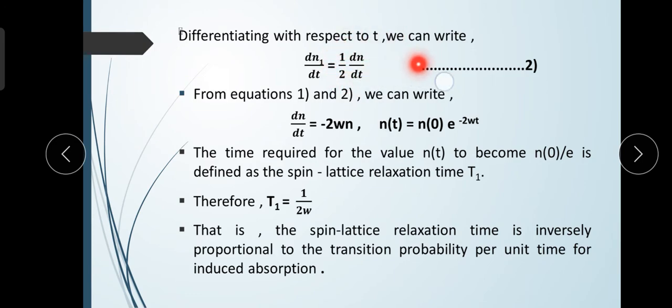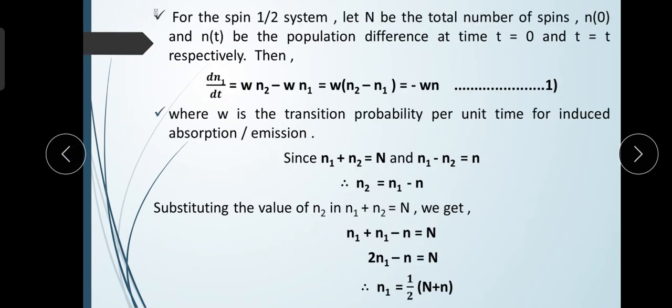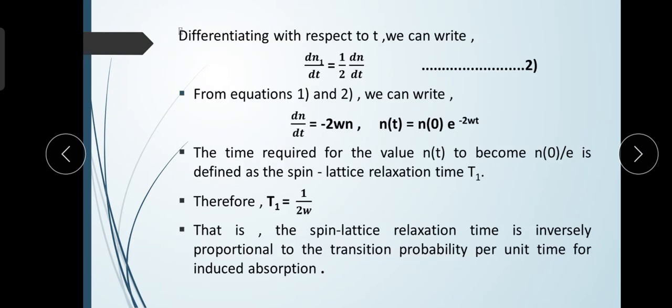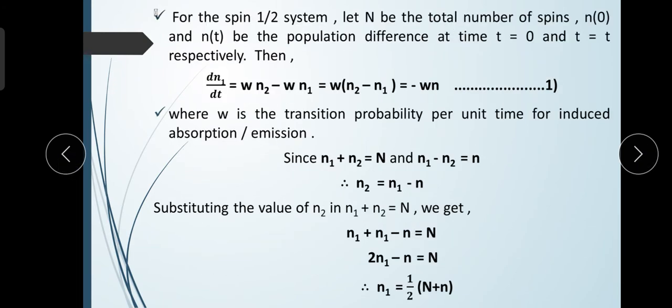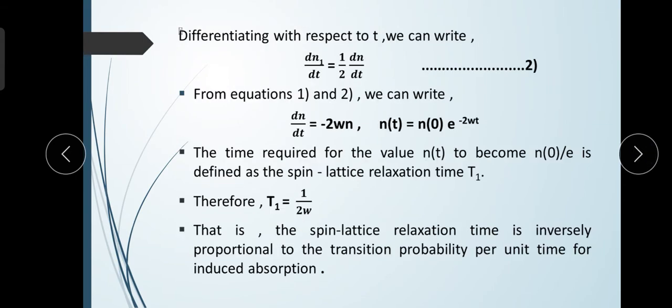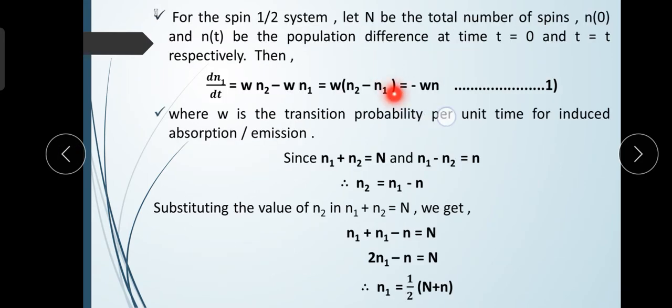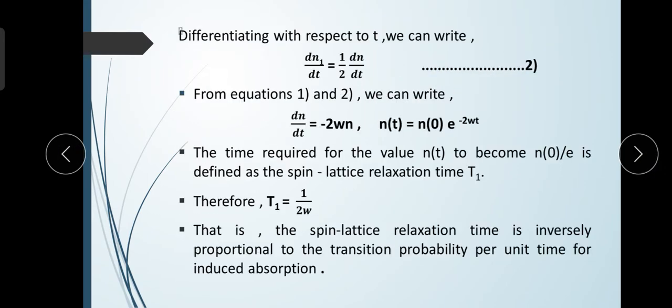So here we get the equation number 2. Now from equation 1 and from equation 2 we have the LHS quantity, that means this quantity in both equations is the same, so we can equate the RHS of these two equations. So from equation 1 and 2 we can write dn by dt is equal to minus 2wn, that means half dn by dt is equal to minus wn, and here we can put this half towards the RHS side, so